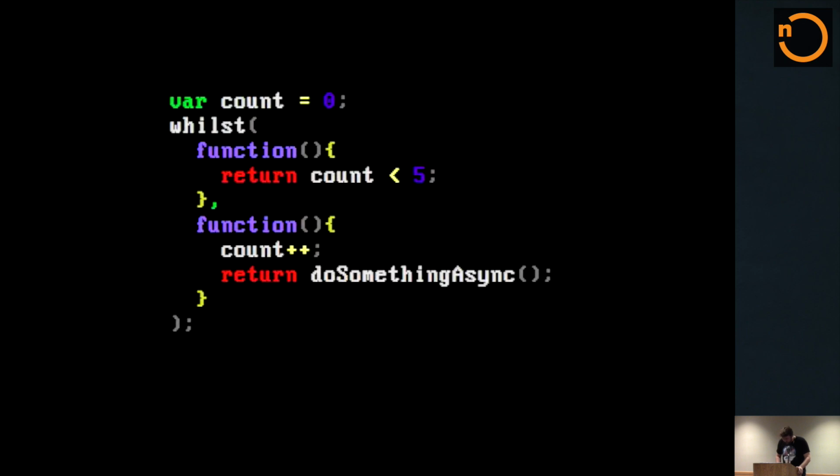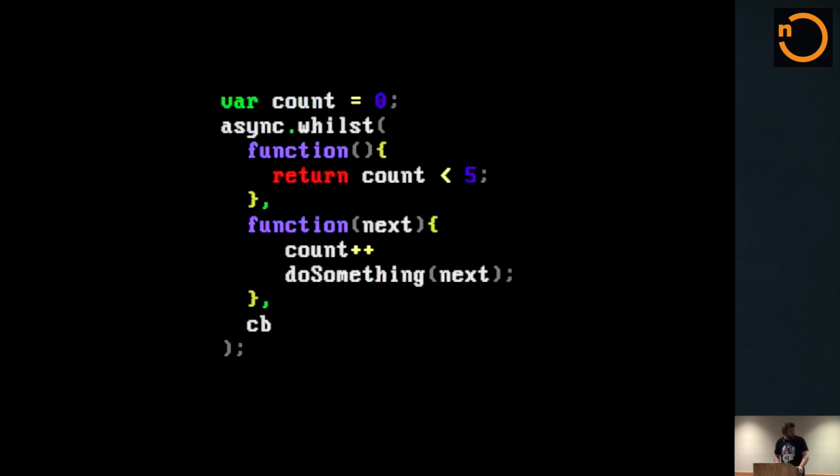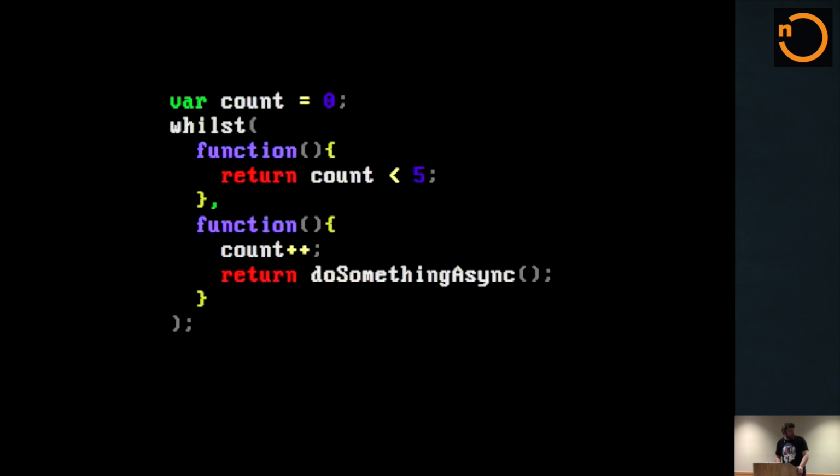All right, so here it is in action. It looks exactly the same as our original case, except with no callbacks, right? So this will return a promise, and basically this should iterate 5 times, and everything should be great. We found ourselves doing a lot of this sort of thing, making little helper functions like whilst and doing something around reduce and that sort of thing. So we put together a library of them.